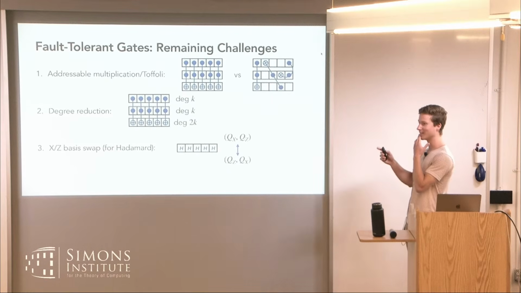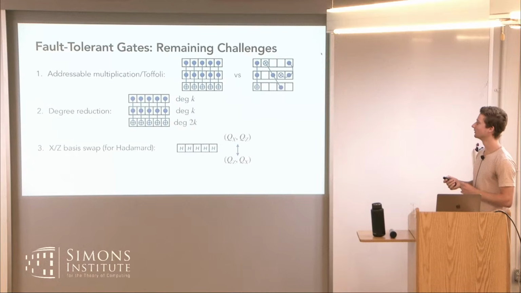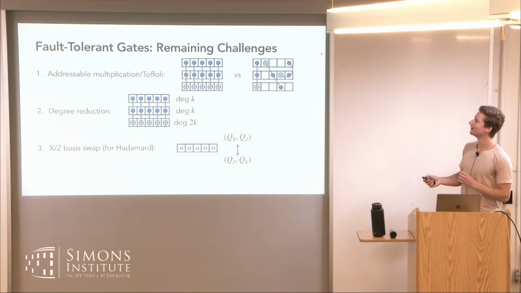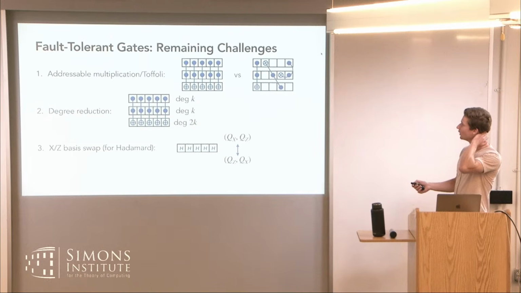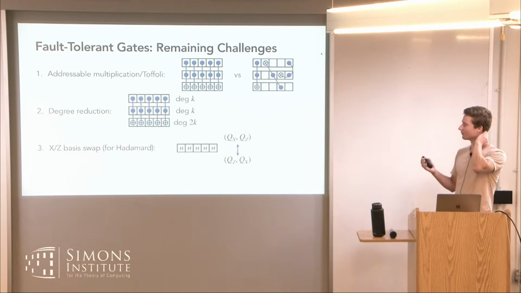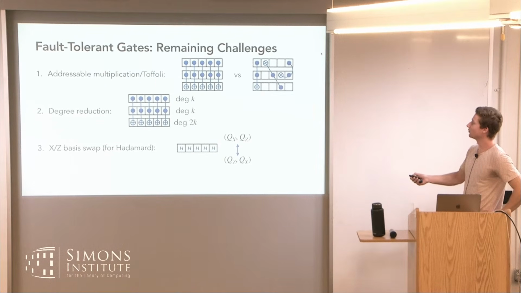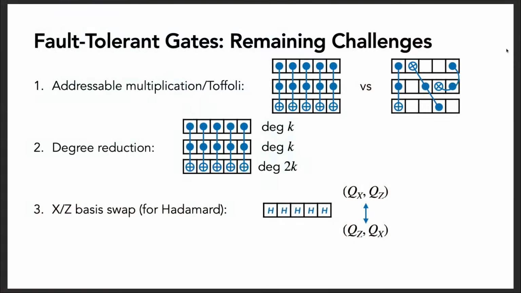I'm running out of time, but that's the last thing I wanted to talk about: how we do degree reduction. To summarize what we've seen so far, we've seen how to do error correction and fault-tolerant Toffoli. What's left is addressing the Toffoli: if we don't want to do it just across 3 code blocks lined up, but to do arbitrary Toffoli gates, we need to do that.